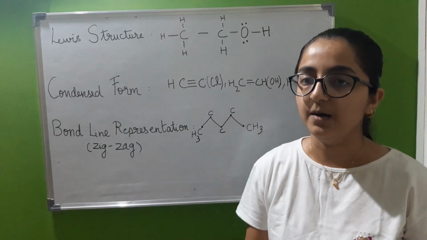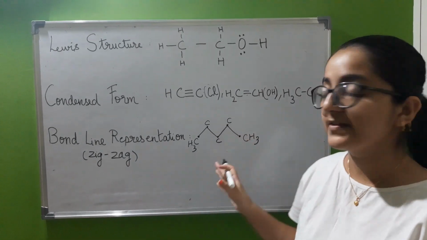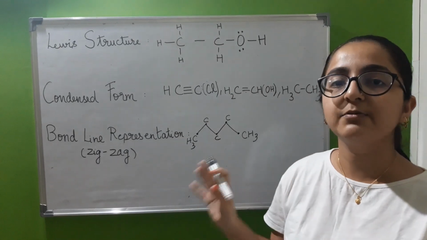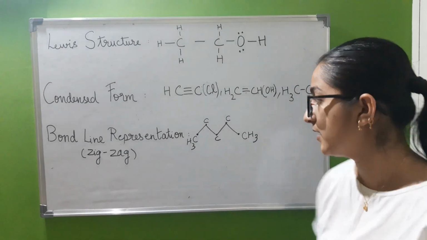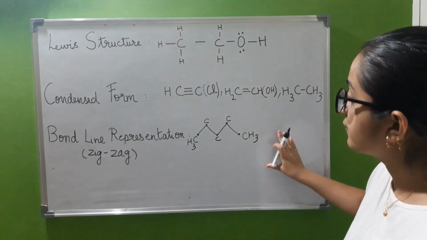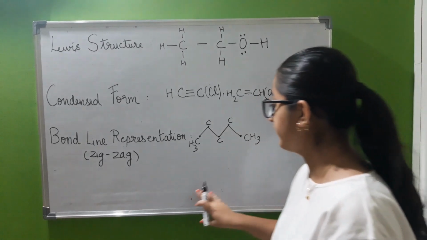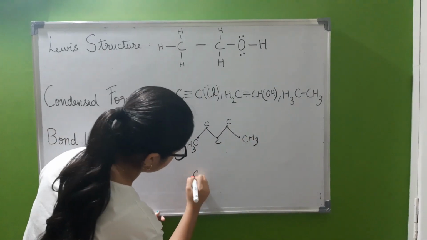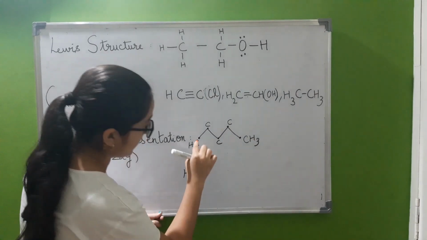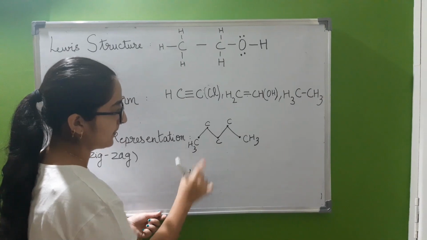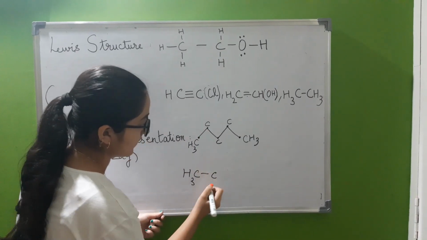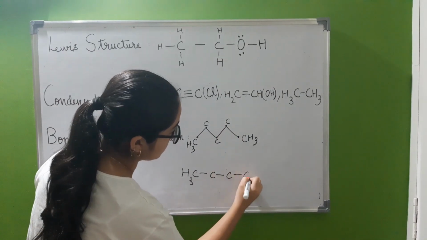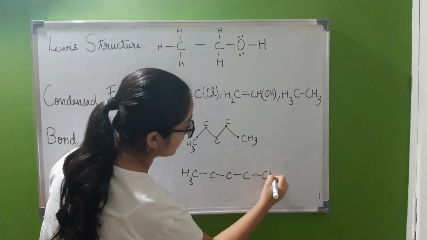Now we all know that carbon has a valency of 4. So whenever it is forming a stable compound, it will always try to form 4 bonds. So when I expand the bond line representation, I can write it as CH3. The carbon here, this is the terminal carbon here. Now the carbon here, and next the carbon here, the carbon here, and the ending terminal carbon.